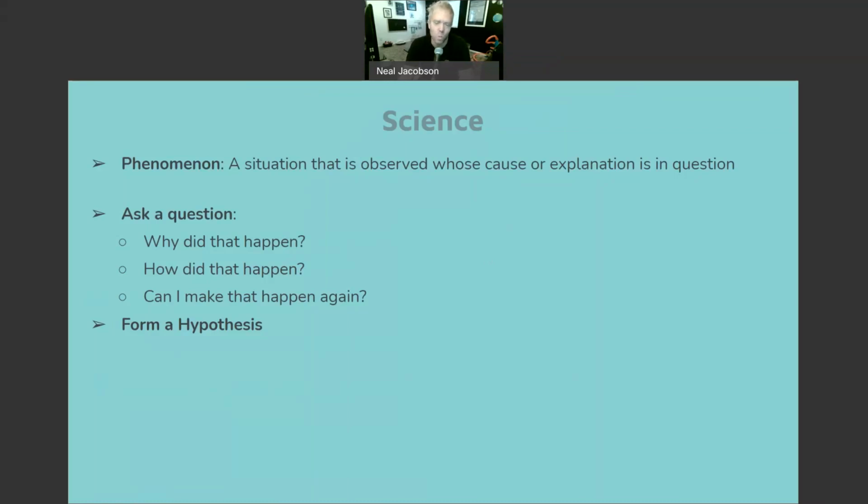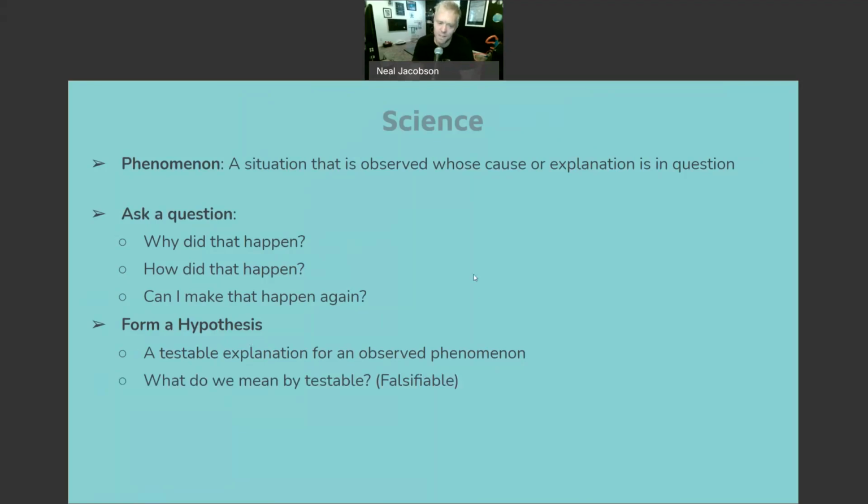And a hypothesis is just a working model, a testable working model for how a phenomenon works or manifests itself. So what we like to say, and this is its general definition, is that a hypothesis is simply a testable explanation for that observed phenomenon. So if I see something happen, I ask a question about it, I think I know how it happens, well, then I should be able to explain how it happens and make predictions on what I should expect to see. If I do A and B, then C should follow. And so that's the idea of a hypothesis.